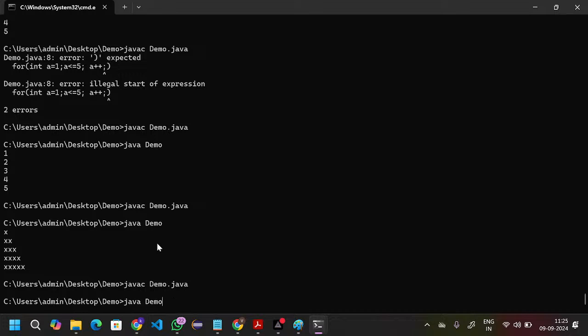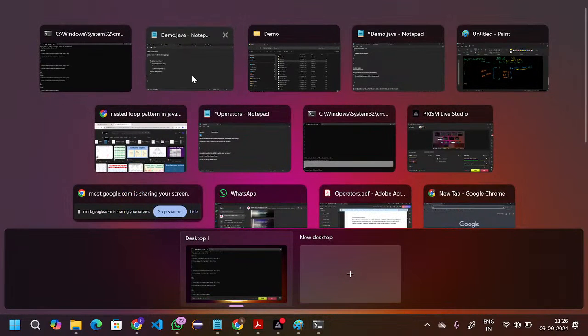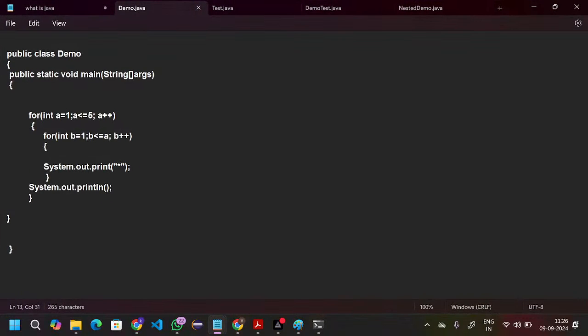Guys, easy or not? We have already done this with the for loop, right? The same for loop again we are writing. Okay, so the thing is here, I would say,